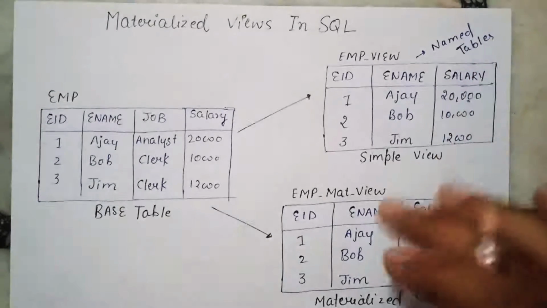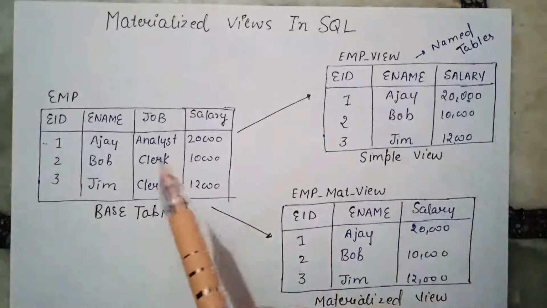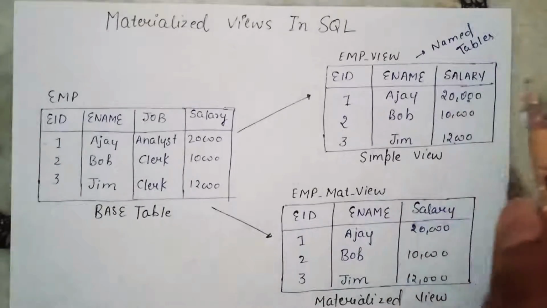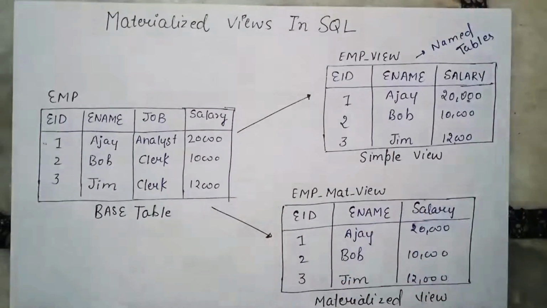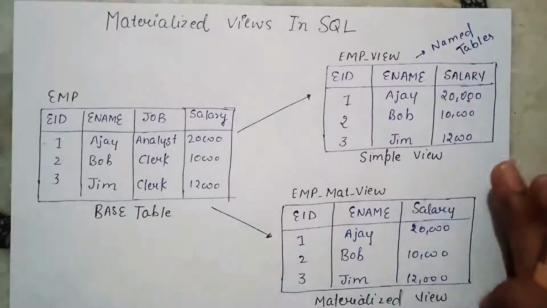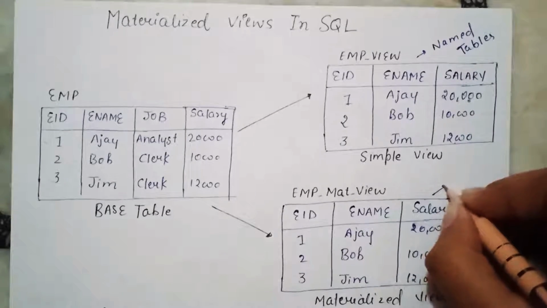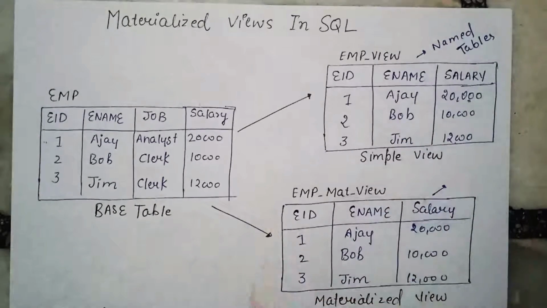Whatever operations we perform on the base table will also be reflected in these kinds of views, whether it is a join view or a simple view. But in case we want a kind of view that works as an actual table, that means the content it has is also stored at another place in the memory physically. So one way that SQL provides us is to convert